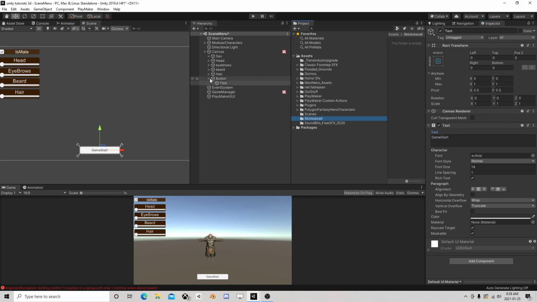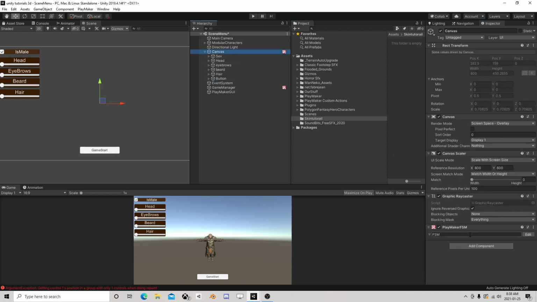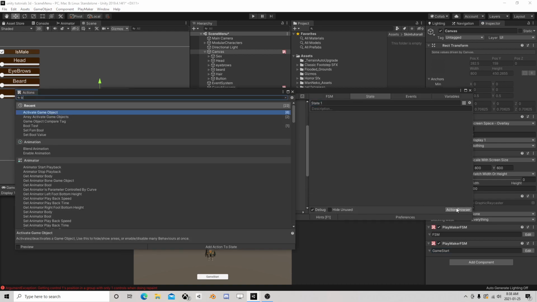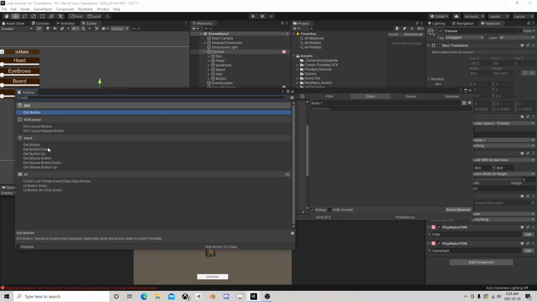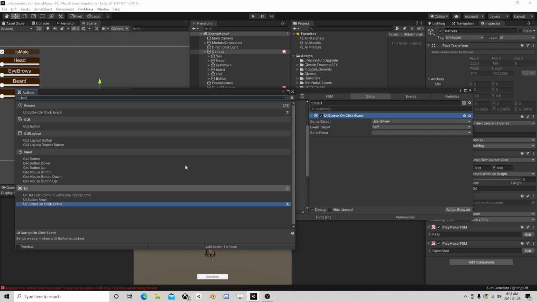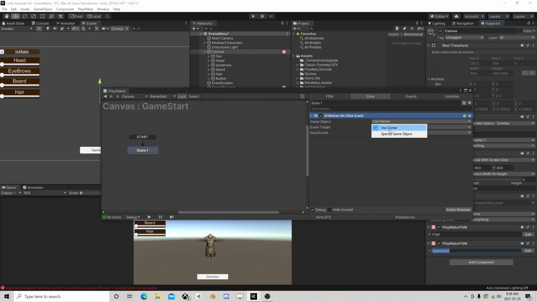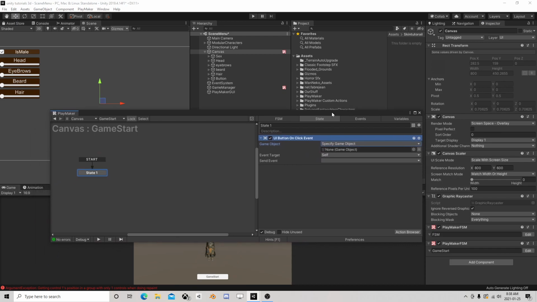So if he gets hit, let's add an FSM called game start and button. So if this button gets hit,